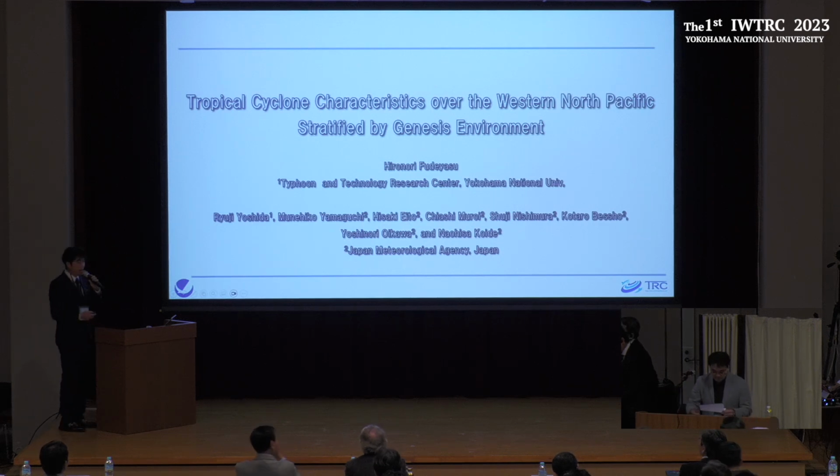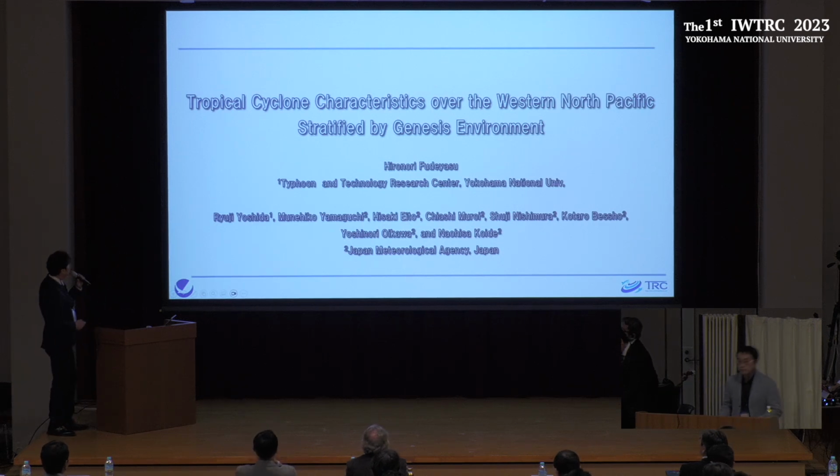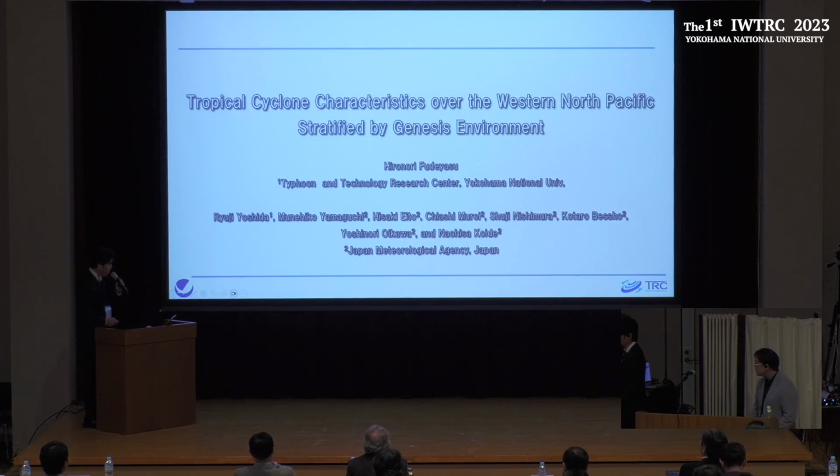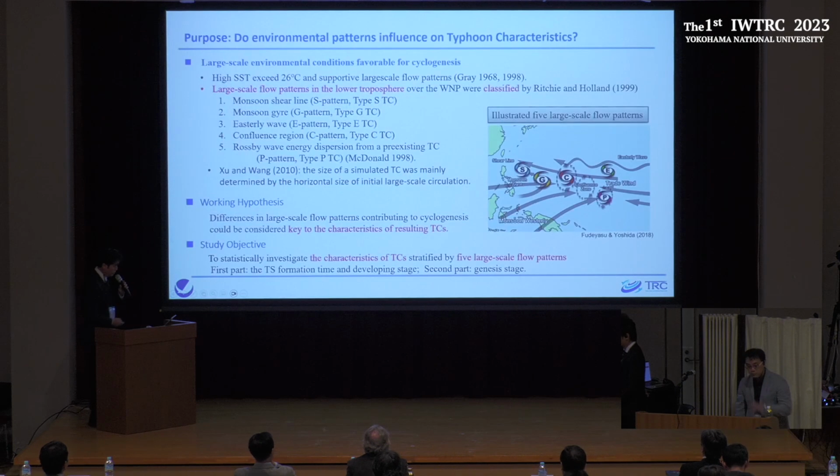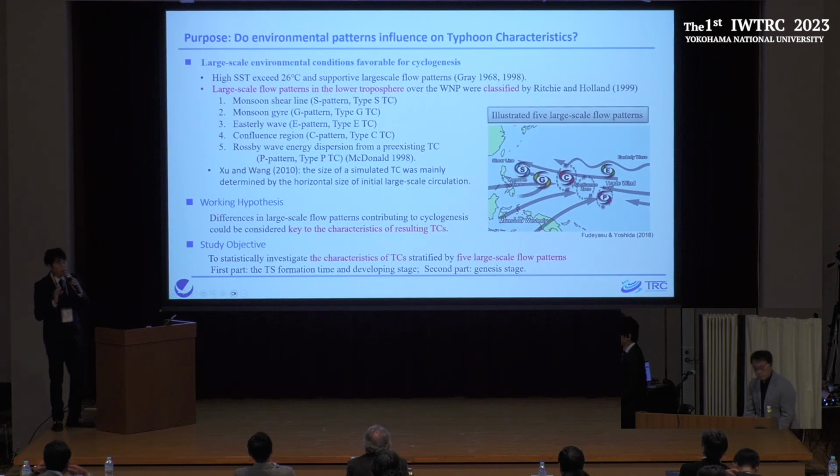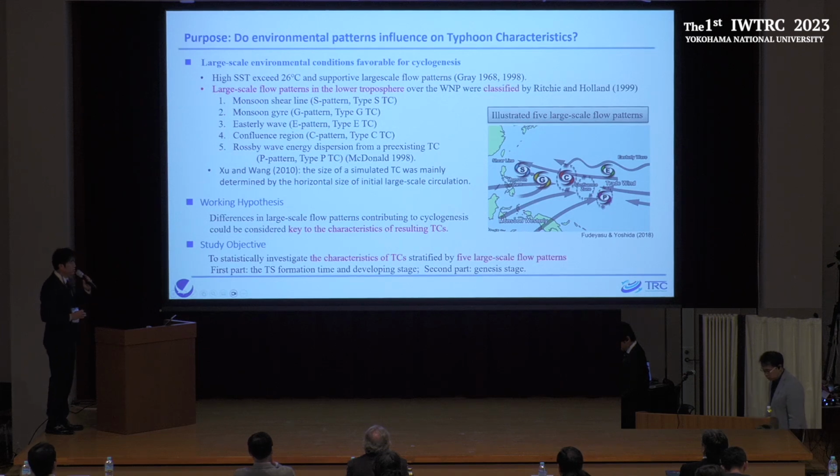I am Hironori Fudeyasu from TRC. The title is Tropical Cyclone Characteristics over the Western North Pacific stratified by genesis environment. Background: a tropical cyclone forms under large-scale environmental conditions favorable for cyclogenesis. A lot of studies have researched the large-scale flow pattern leading to cyclogenesis over the Western North